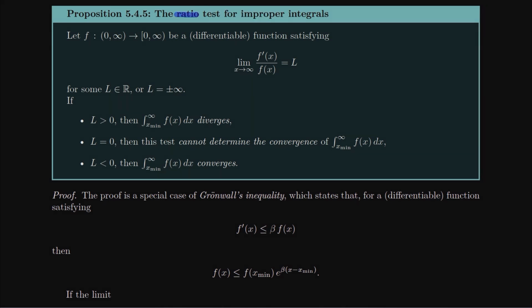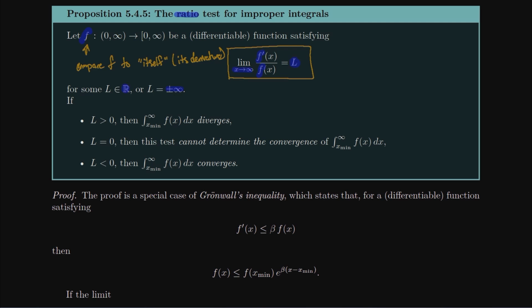Ratio because, well, in the last case, limit comparison, I was computing a ratio, but I was comparing 2 functions together, f and g, using the limit of that ratio. In this case, the ratio test really refers to the fact that I'm comparing f to itself. Not really itself, but kind of itself. You compare it to its derivative. So we're now going to compute the limit of the ratio of f's derivative to itself, and we're going to hope that out at infinity, this happens to equal some number L.